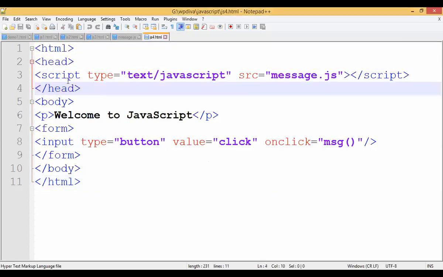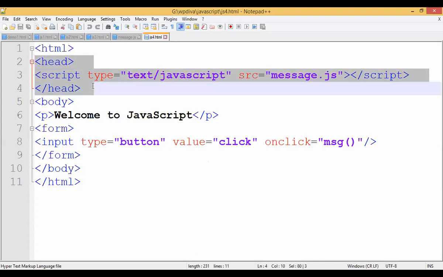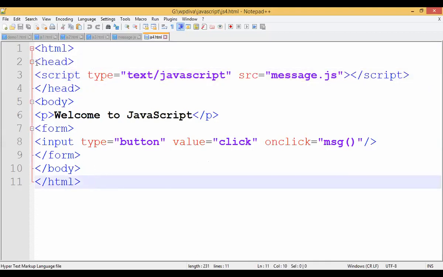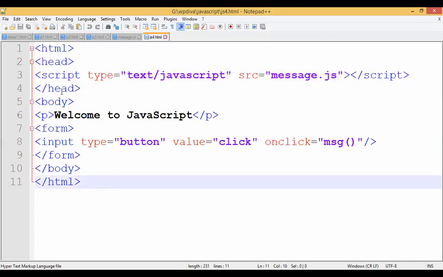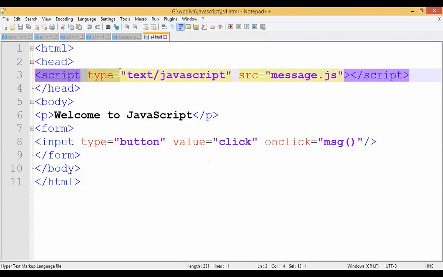So what is the rule now? How are you going to import that JS file? Compulsorily, you have to import it within the head tag, students. You need to import that code into the head tag only. So how are we going to import? Again, you have to write a script, type is equals to text slash JavaScript. Complete the double quote. Take an attribute of the script tag, that is source, SRC.